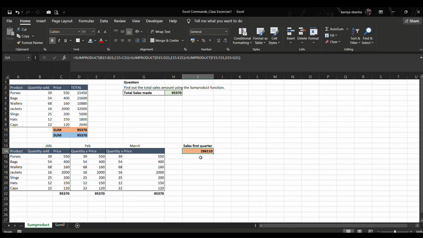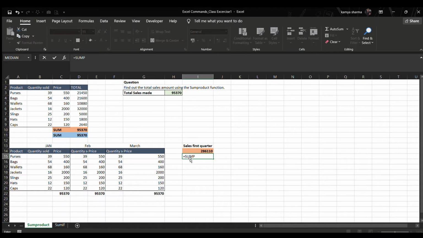What you need to do is be careful while using multiple arrays, because over here you are doing SUMPRODUCT for 3 months, which will give you the conclusion for the sales for Q1. But over here you can't just go with SUMPRODUCT and select all these 5, 6 arrays by putting commas and selecting all together.